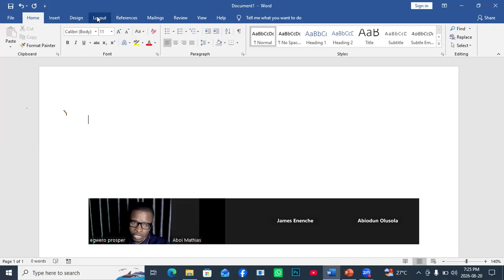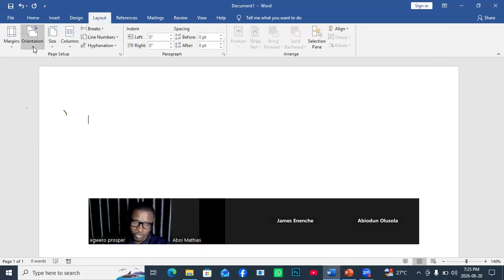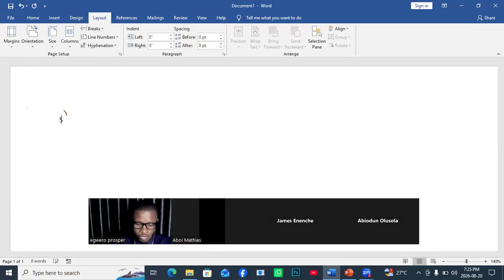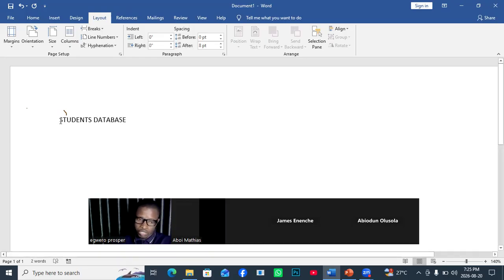going to your layout, and then switch your orientation to landscape, so that you can have more vertical division, right? Then you can type that particular information. Let's say, Student database. All right. Now you take your time to format it, highlight it,